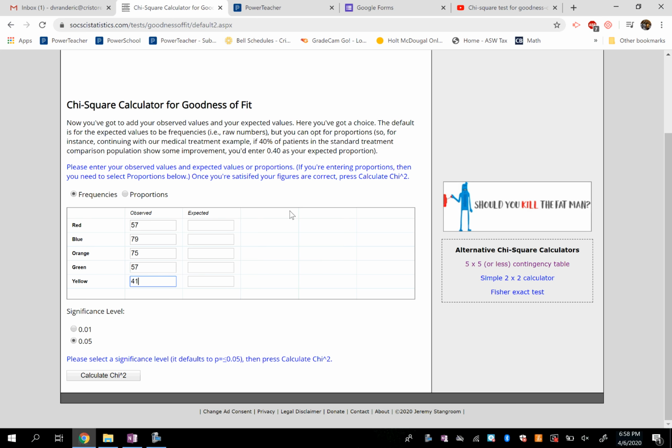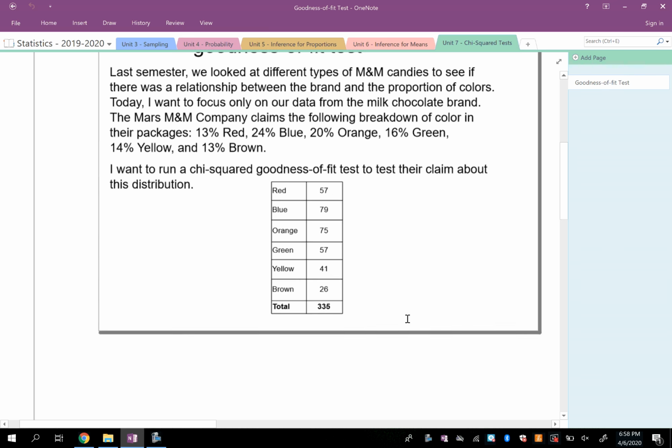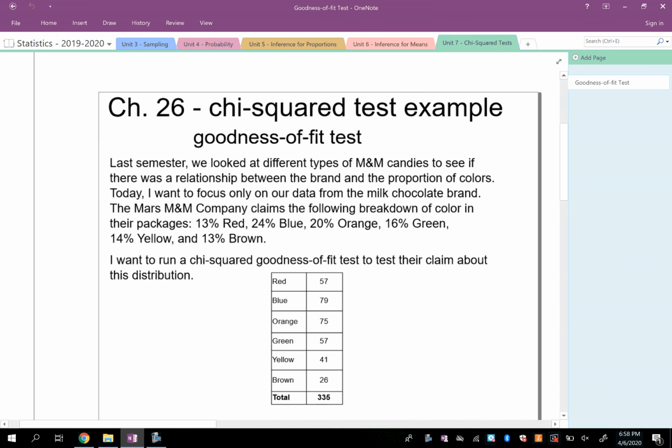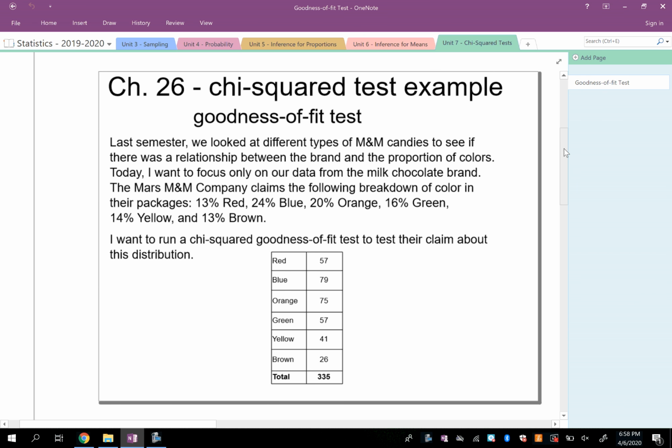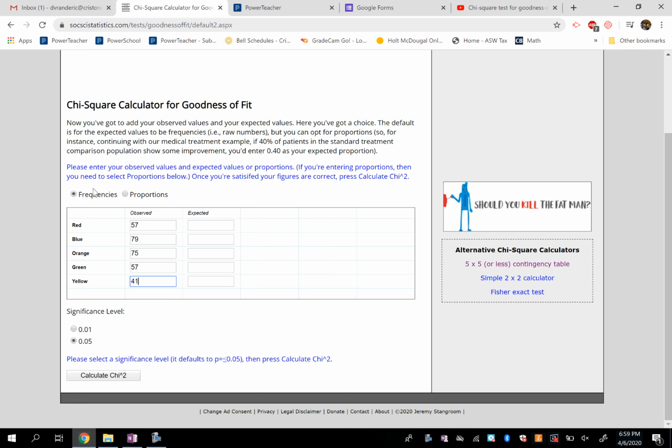Now you have options at this point. You could, if you wanted to, calculate the expected values by multiplying the total number of M&Ms, 335, by each one of the percentages that the company is claiming, the 13%, 24%, and so on and so forth. Or you could just type in the percentages. It gives you options, frequencies or proportions. Since they give me the proportions, and I already have that in the problem, I'm going to go ahead and